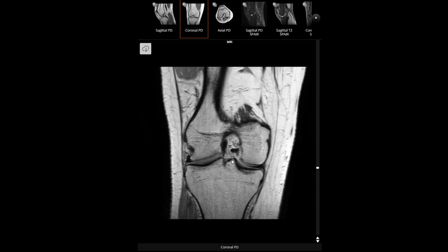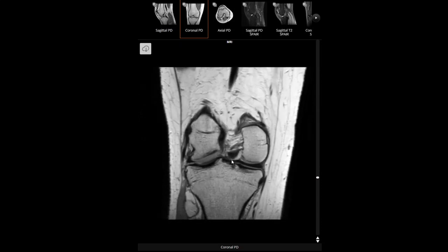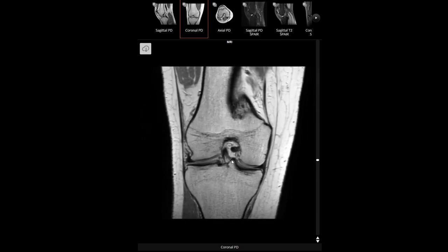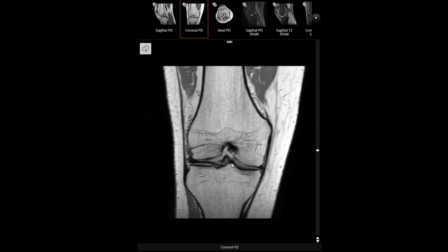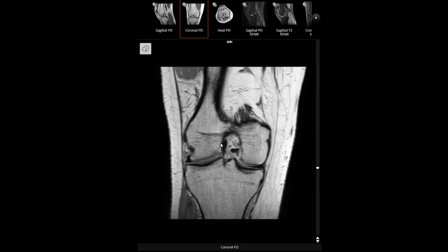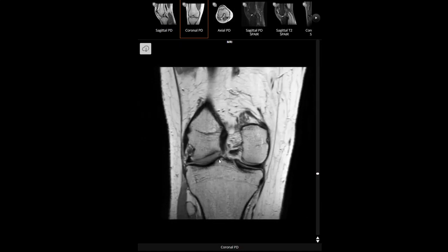ACL should start from somewhere here, it is going upwards, and this is the ACL,